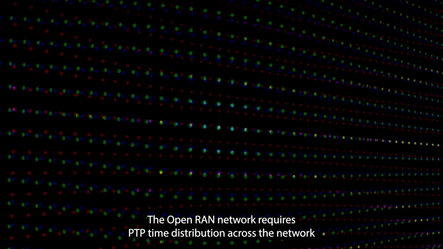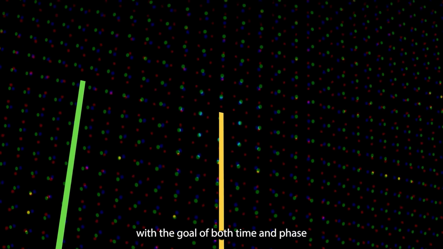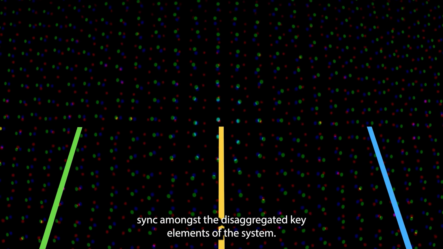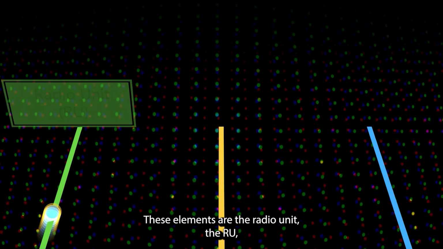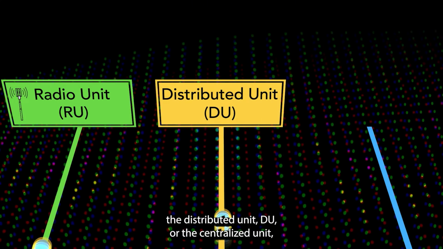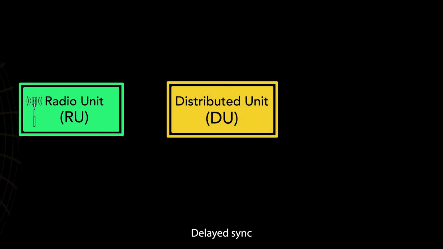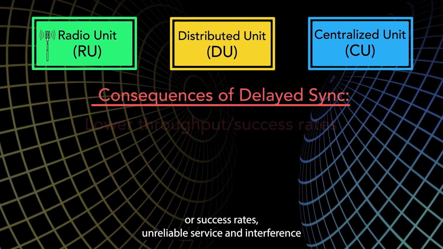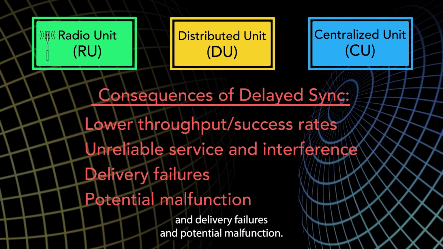The Open RAN network requires PTP time distribution across the network with the goal of both time and phase sync amongst the disaggregated key elements of the system. These elements are the radio unit, the RU, the distributed unit, DU, or the centralized unit, the CU. Delayed sync amongst these elements will result in lower throughput, poor success rates, unreliable service and interference, and delivery failures